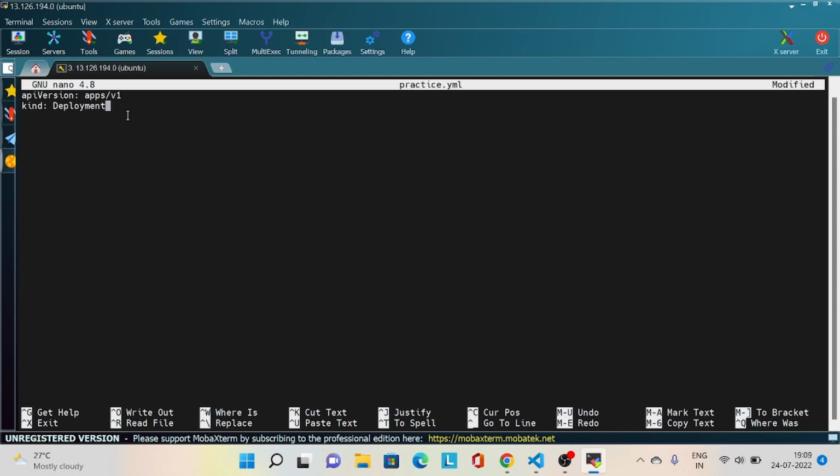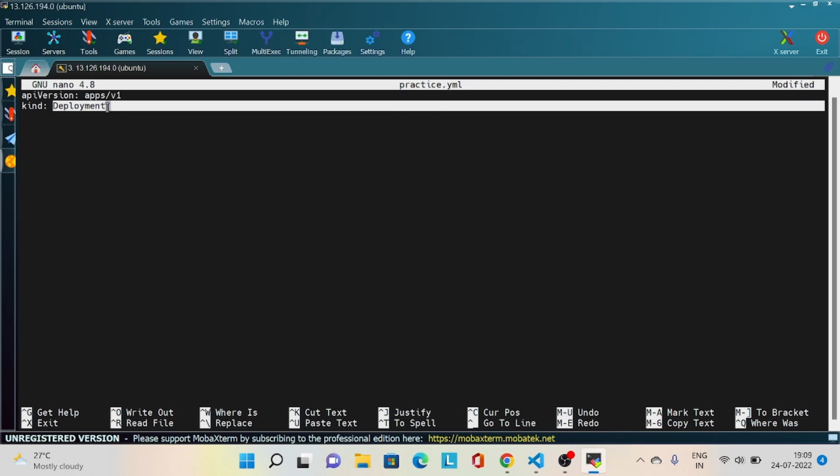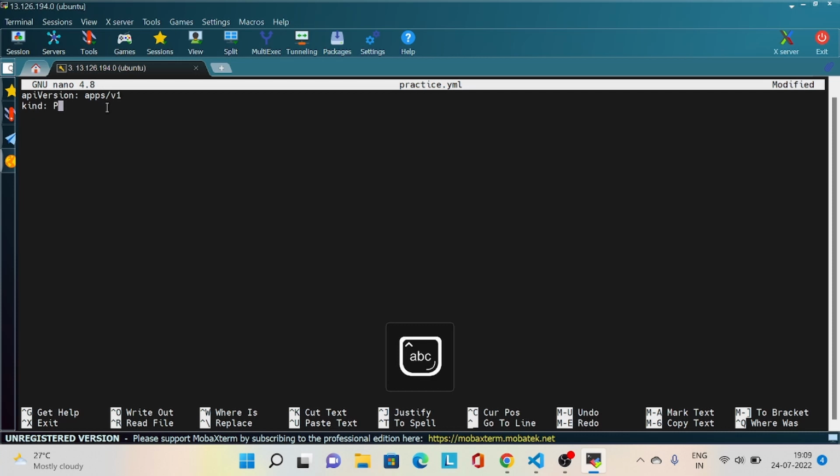Why am I using deployment rather than pods? You can use pods also, for creating pods. Here in the place of deployment, you can use pods, but I'm not using pods. Why am I particularly using deployment instead of pods? Because if you use pods, it will create pods, no problem. But unfortunately, if you delete your pods, or if the pods are getting some issues, the pod will not work properly,